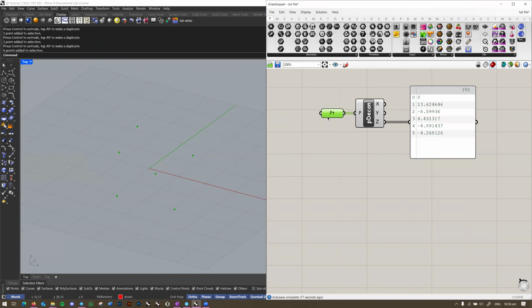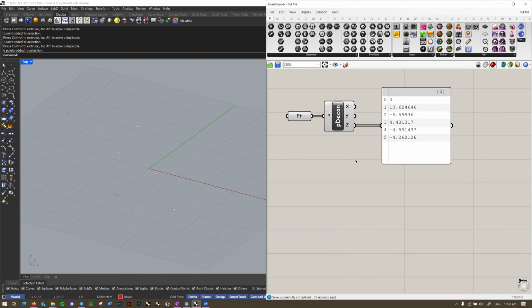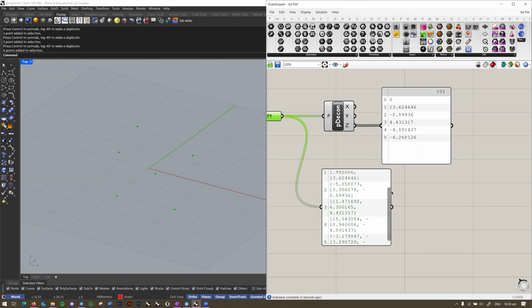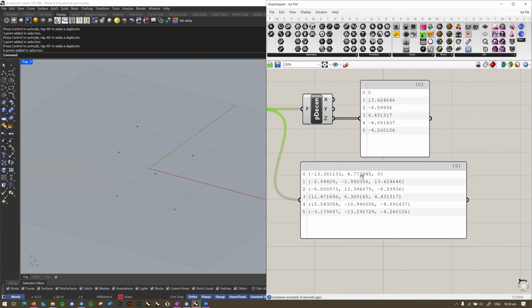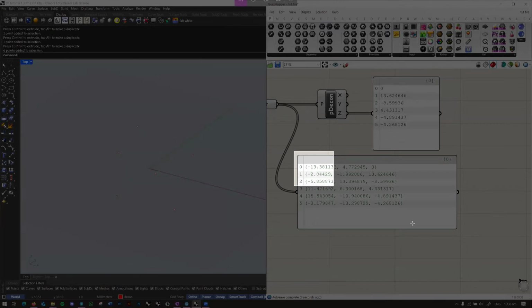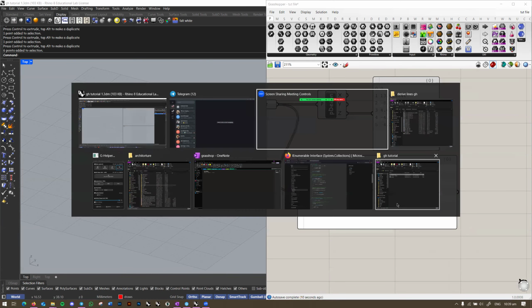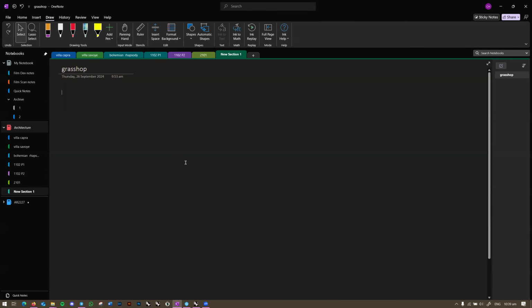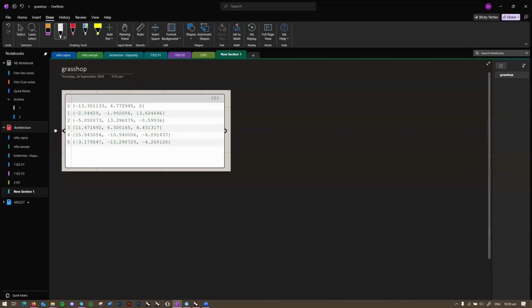So now I have these points saved in Grasshopper. What is very important to understand with Grasshopper data sets is that if I have a set of points like this, if I have 6 points like this, let me pull this out like that. This is a very important thing. Let me screenshot this and I'll bring this to the OneDrive and paste it here. Okay, so